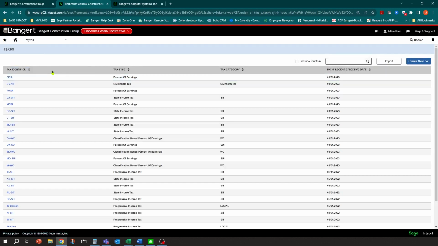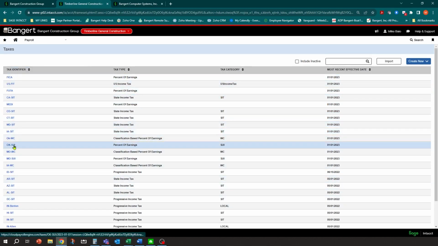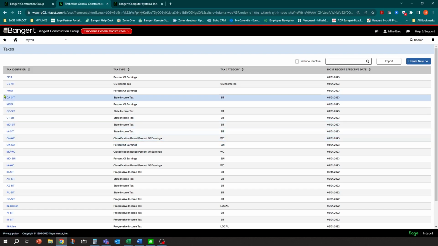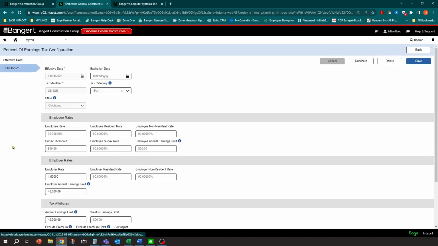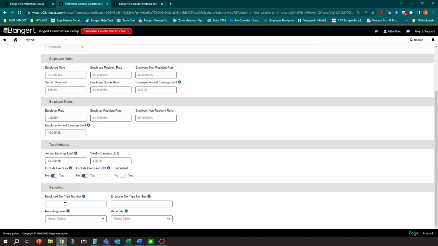But you should definitely go and make sure they're in there for the taxes, especially for your state unemployment. So you do need to set up your own state unemployment reporting information areas, as you did need to set this tax up. It's one of those things that, well, we'll set it up when we need it. So you'll see here that this one doesn't have anything set up, and you could say it's report as a state unemployment insurance. It's going to be the state level. And how do we know, is it employee, employer? This is an employer tax.